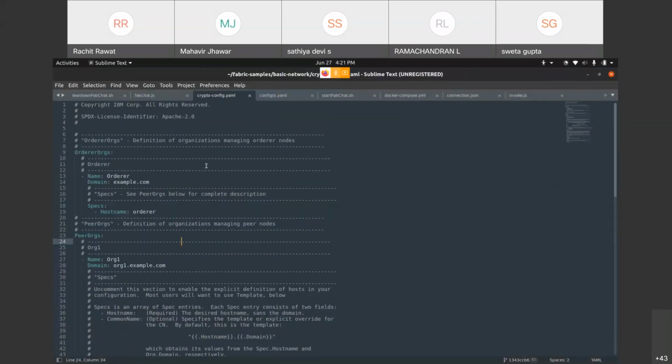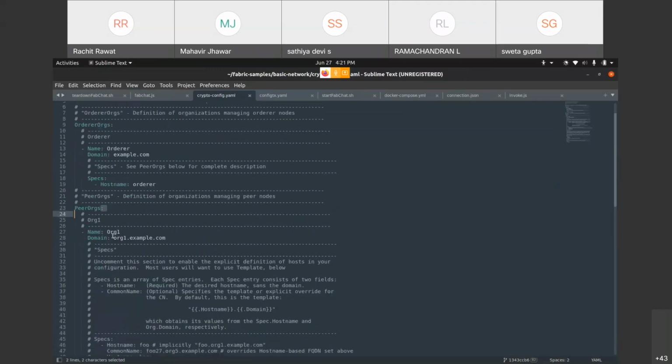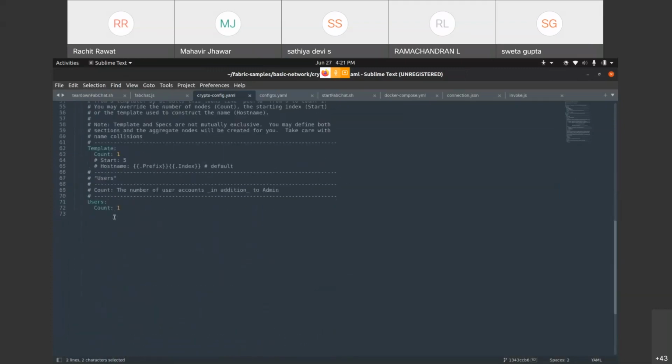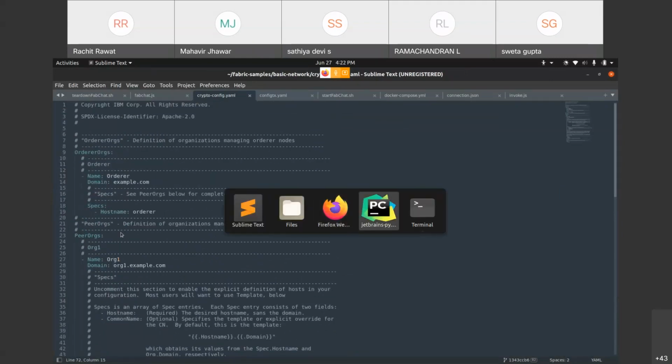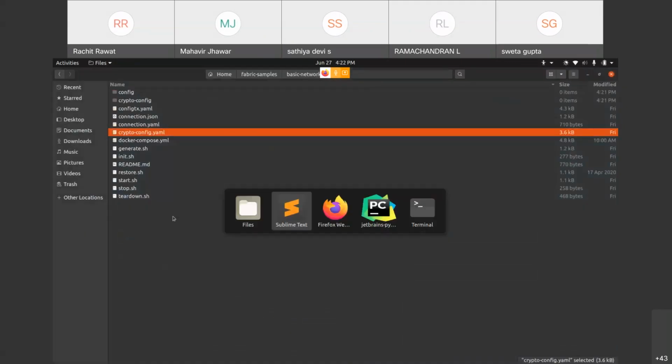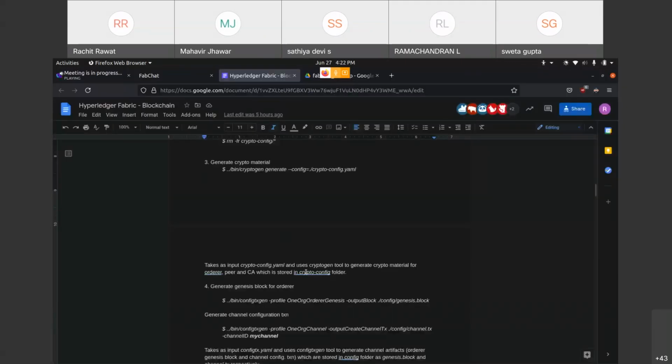This is how it looks. As you can see, we have some definitions for the orderer organization name and domain, the peer organization name and domain, and the number of peers you want. Chances are that you don't need to touch this file, so let us leave that.